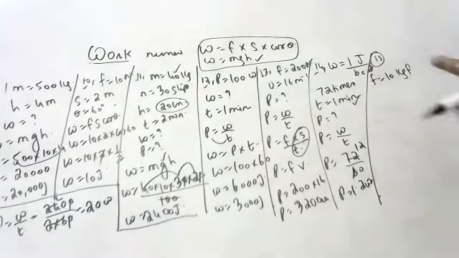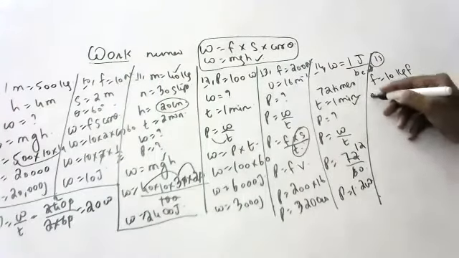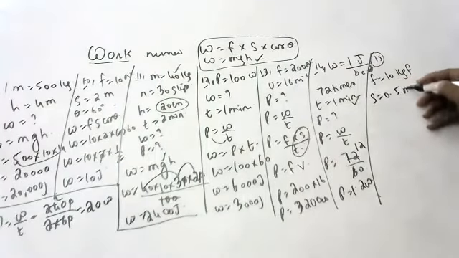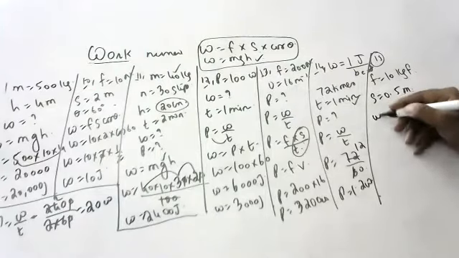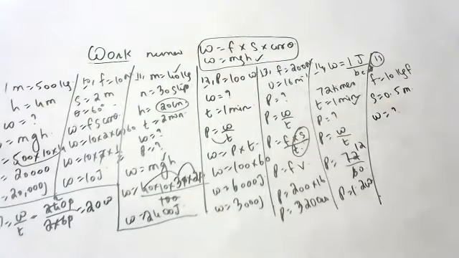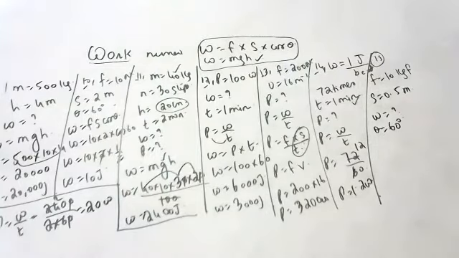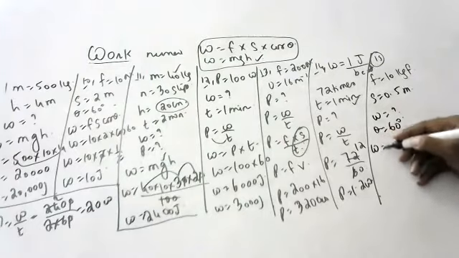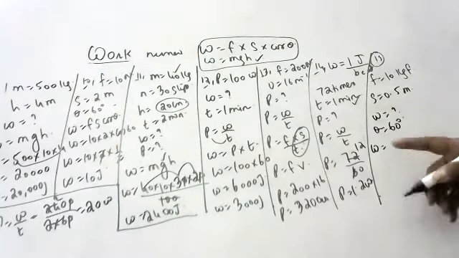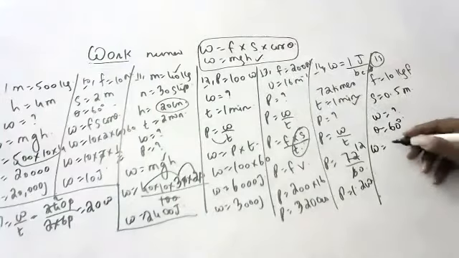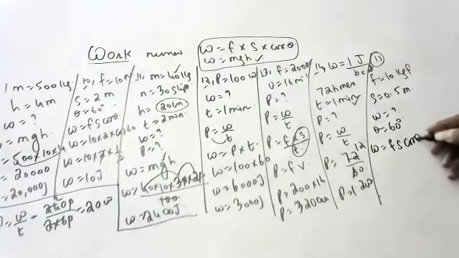Okay, sir. A force of 10 kgf is displacing a body by 0.5 meter. Calculate the work done, if the force acts at an angle of 60 degrees. Tanmay, tell me how to do this question. Yes, sir. Formula: work W is equal to F into S into cos theta, F S cos theta.